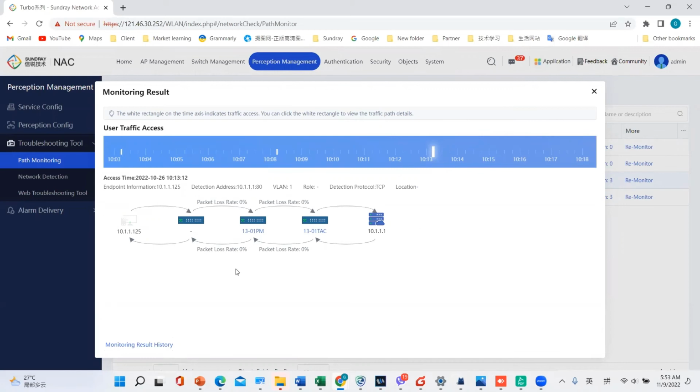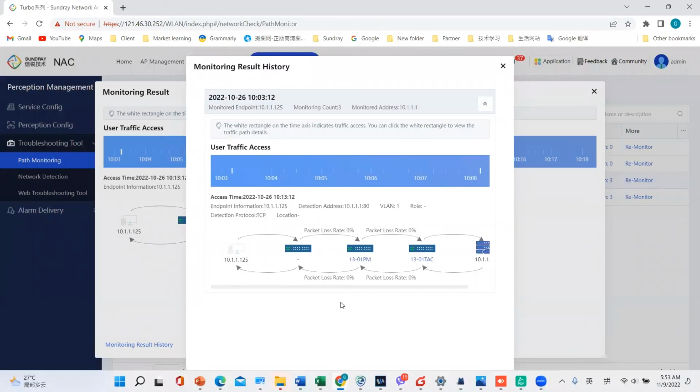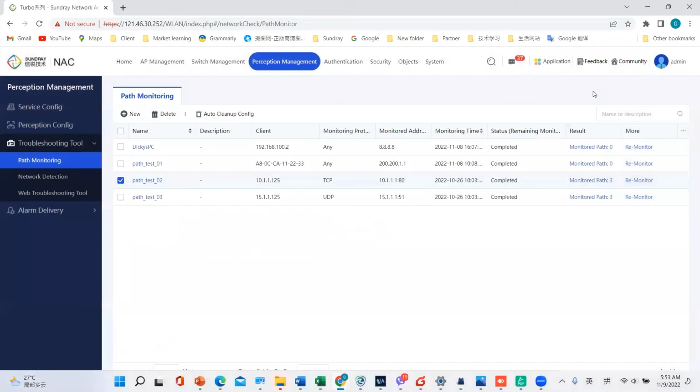So this test shows all the tests are okay. And also, if there's some failure, you can see the details about this troubleshooting. They will give us some suggestions. This feature is so far, we can say, the only one in this industry, where the network system can automatically join your traffic paths